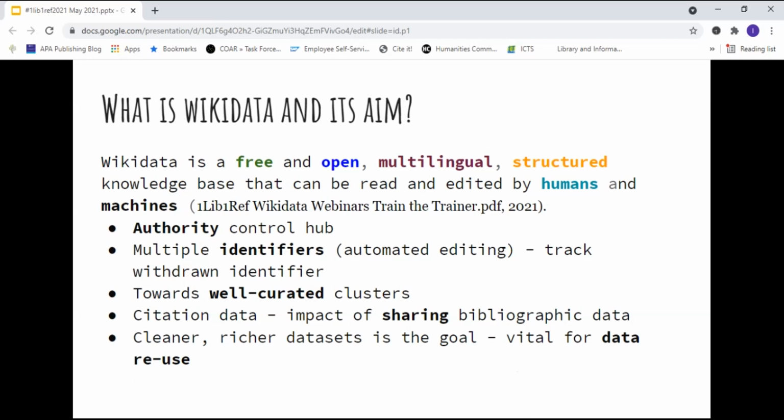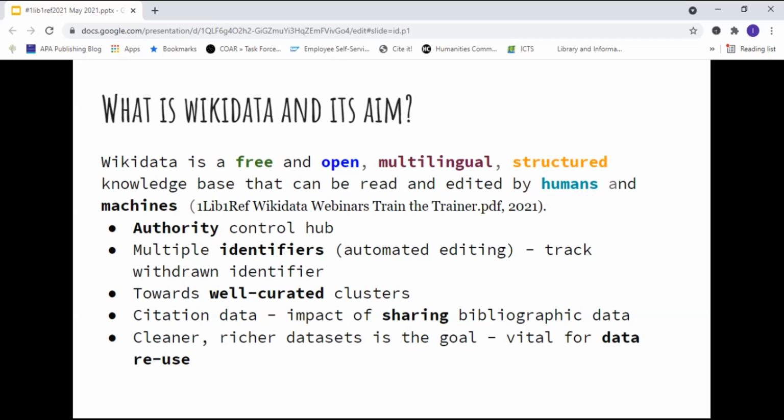The IFLA working group have developed wonderful Wikidata YouTube videos. And in those videos, they describe and discuss many useful aspects. They indicated that many libraries are recognizing Wikidata as an authority control hub.